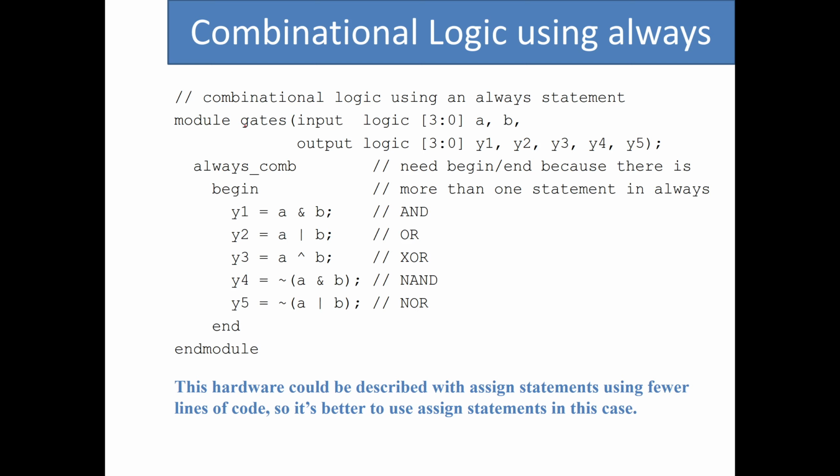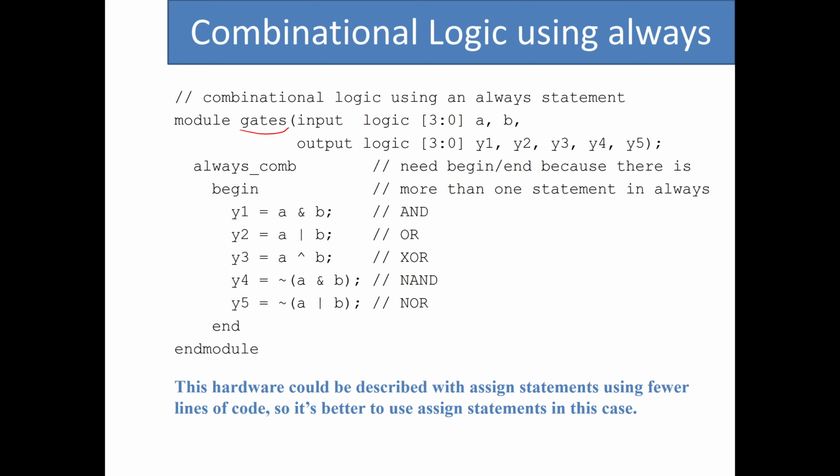If you remember, we had this gates module that we defined in an earlier video, in which we had two inputs A and B, each having 4 bits, and we had 5 outputs, again each having 4 bits, and each one was basically the result of a bitwise operation of A and B. So Y1 was AND of A and B, Y2 was OR, Y3 was XOR, Y4 was NAND, and Y5 was NOR. So here I want to do the same implementation, but instead of using the assign statement, now I want